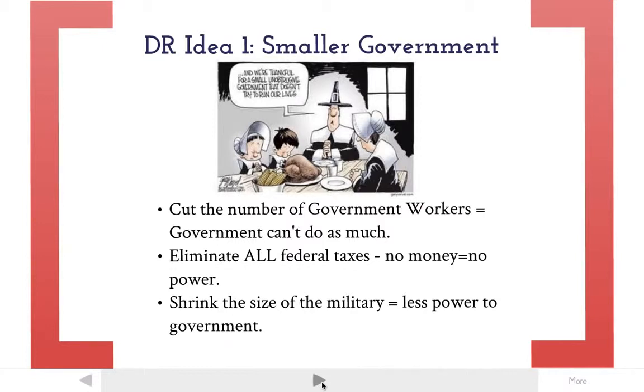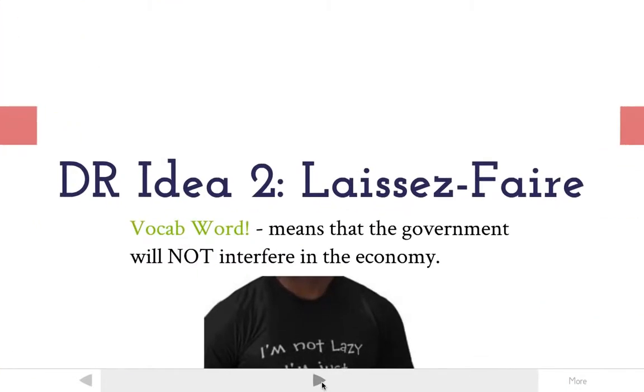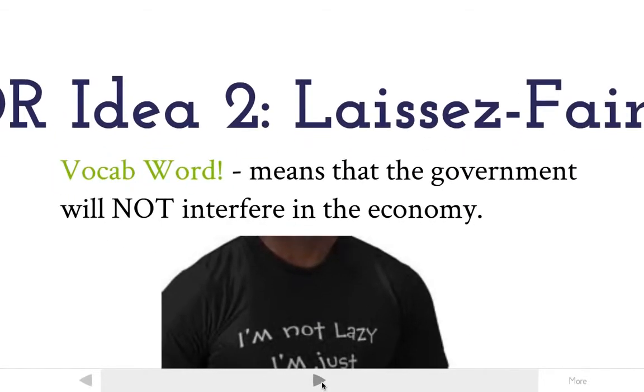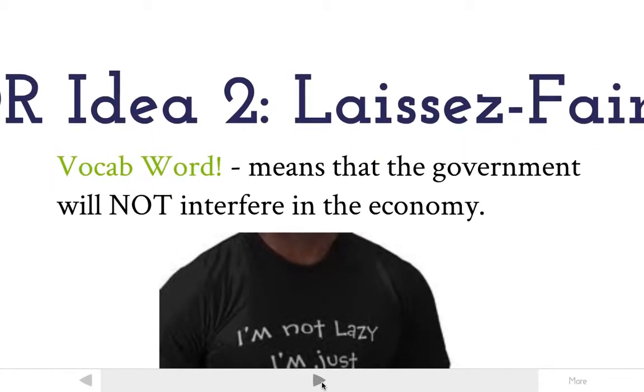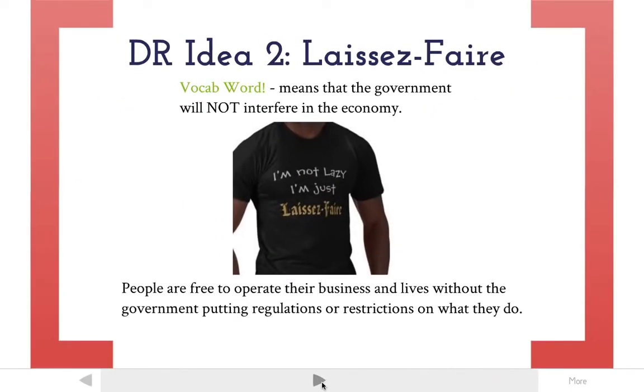Tea Partiers today would really like a lot of these things that Jefferson did back then. Idea 2 was something called laissez-faire. It's a vocab word, and laissez-faire means that the government simply will not interfere in the economy, not interfere with businesses. People are going to be free to operate their businesses and lives without the government putting regulations or restrictions